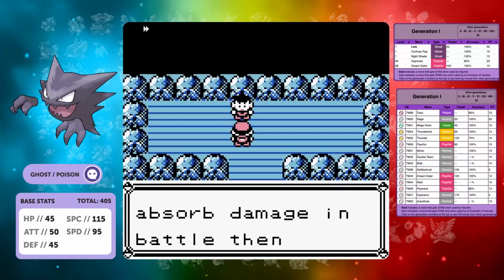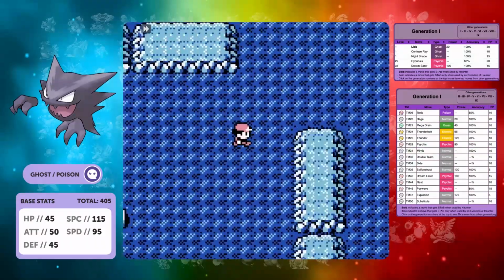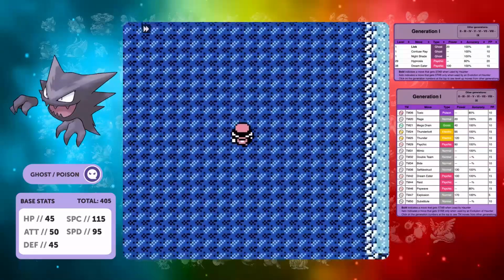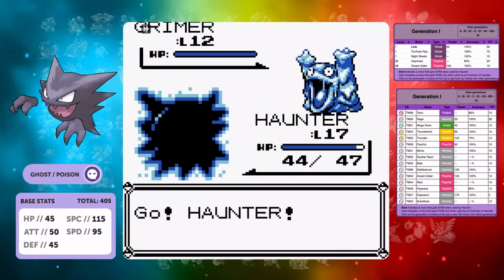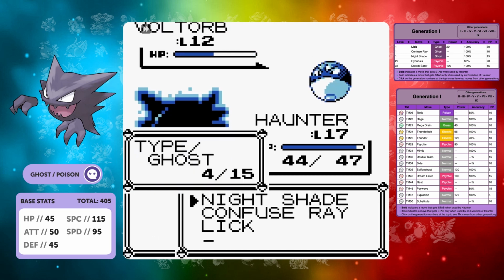So we've made great time already on this video. Let's move through to Mount Moon and see what else we can pick up. We can't pick up Mega Punch, even though Haunter technically does have hands. And another TM that we can really pick up in Mount Moon. The next one that we actually can pick up is going to be Thunderbolt,